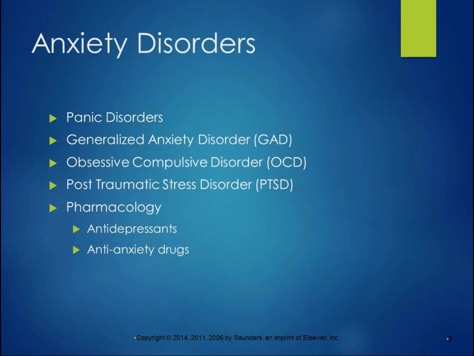Usually antidepressants, when they're prescribed, have to build up to a therapeutic level in your system. So usually when someone's on antidepressants, whether they're using it to treat depression or anxiety, they are on it continuously over a period of time. Anti-anxiety drugs, on the other hand, are usually used on an as-needed basis. You're not on a regular dosage of them, you just take them as you need them.